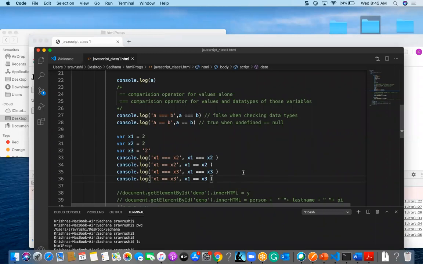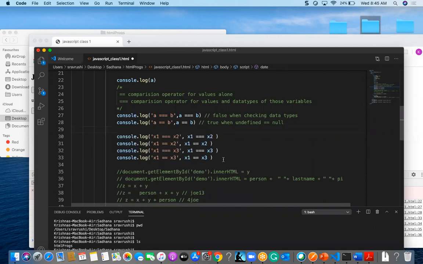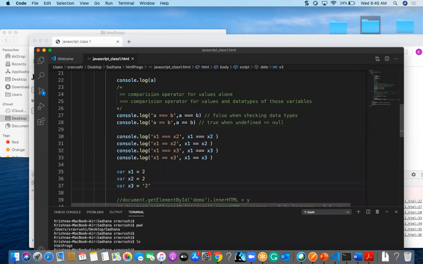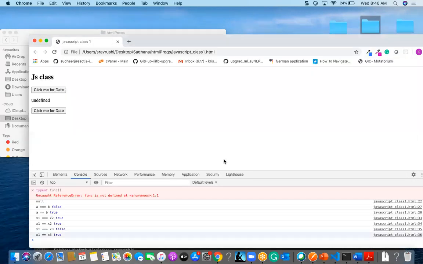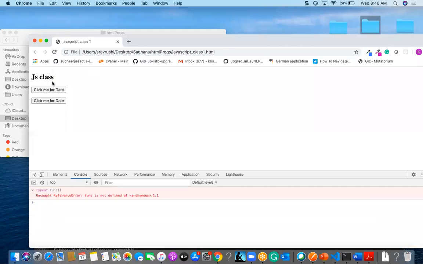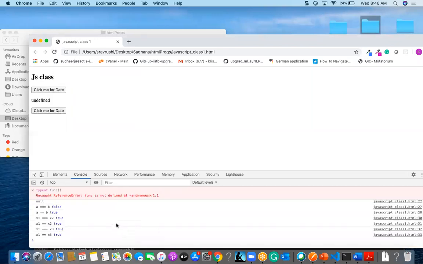Let us think I kept all these values below the console log. I am going to put all the x1, x2 values I declared below the console log statements.